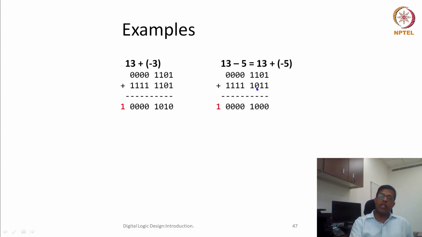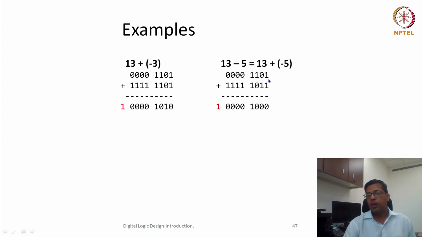0 1 0, and then I have to add plus 1 to it, so it will become 1 0 1 1. This way, minus 5, the 2's complement of 5, is calculated, and if I add both of them,